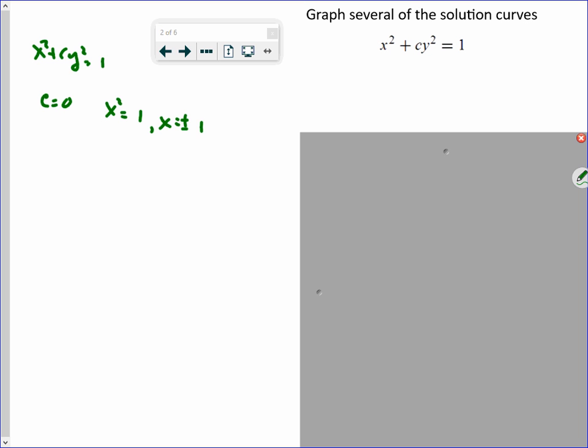X equals plus or minus 1. Of course, that would just be vertical lines. I don't really think that would be a solution because that's not a function. Not y is a function of x, but we'll let that go. It's going to be something I'm going to graph here. How about if c equals